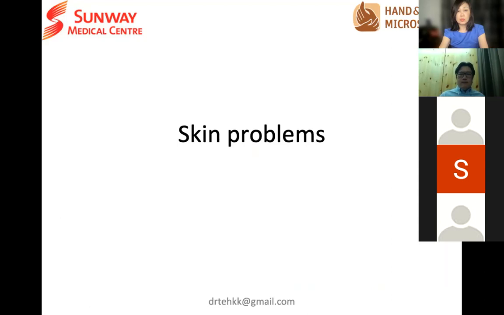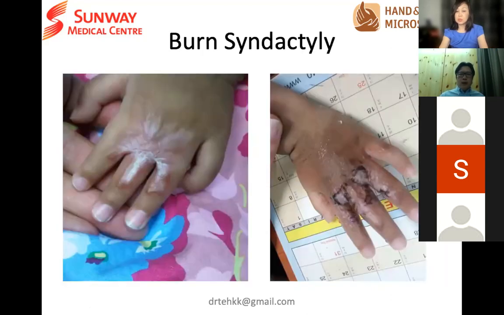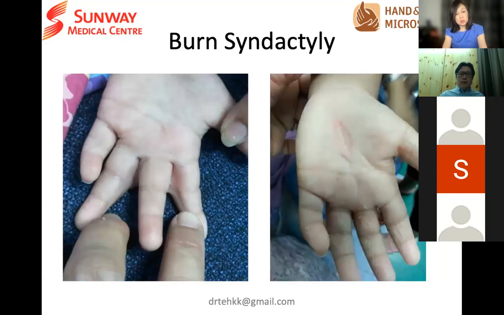Other things, we do see skin problems like this, burn syndactyly. This is a child who came to us after being scalded by some hot water in the kitchen. This is what we do. We do some web space release, take away the scar, and then do some flaps to create the web space again for the child, or else the child will not be able to use the hand properly. As you can see here, there's webbing, and the web is no more there because we now create the